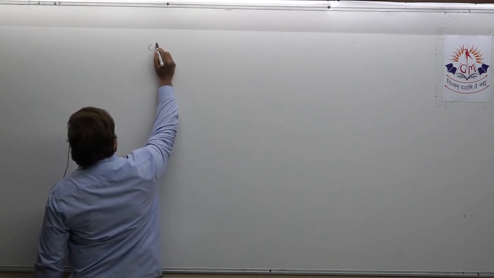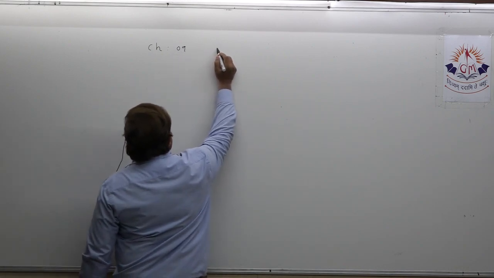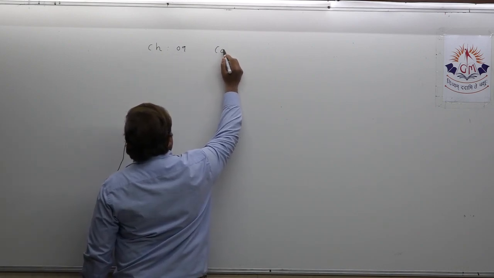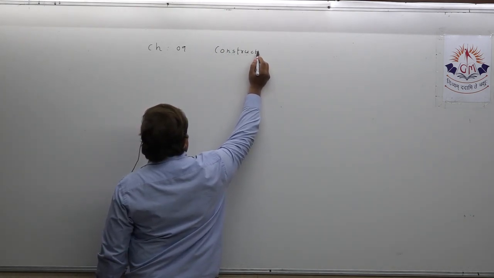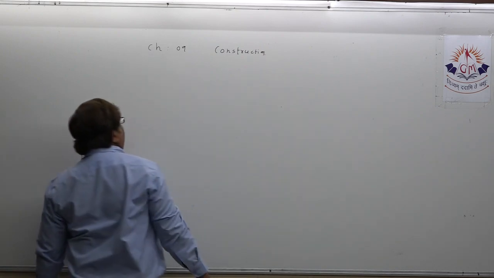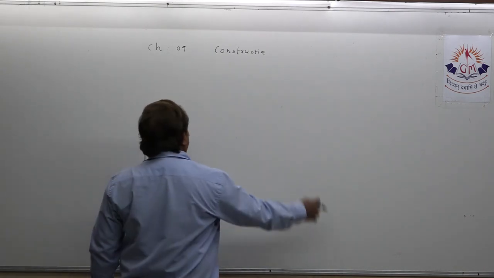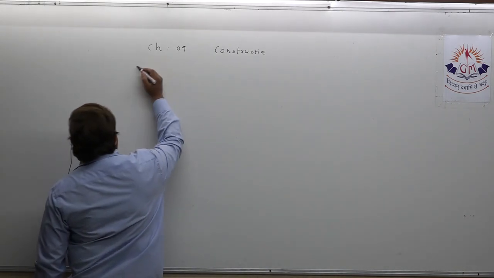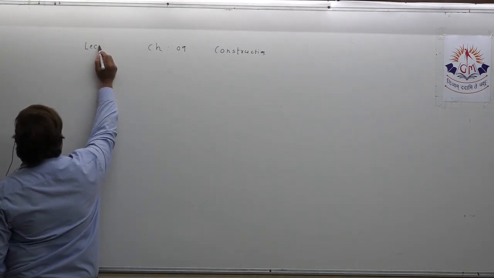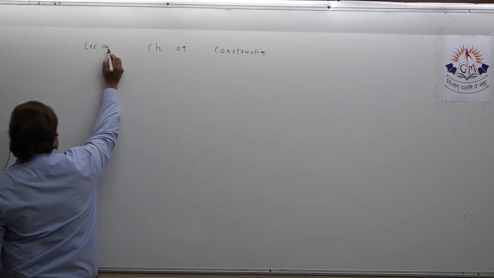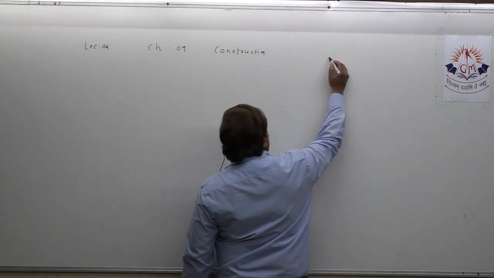So first, chapter number 9, that's construction. Chapter number 9, that's construction. And in this chapter today, we want to discuss construction of type 3 which involves some angles. So in this particular chapter, you are attending today lecture number 4, where we are going to understand construction